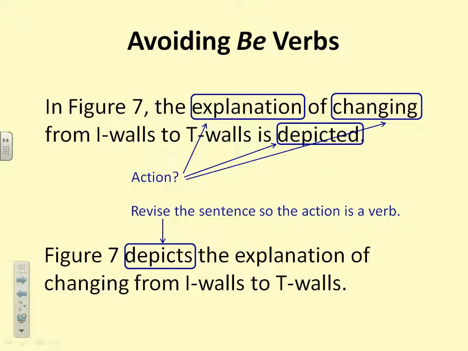Now, one thing you notice too is that the person who wrote this was forced to say it this way because they began like this: In Figure 7, comma, and then they finished off, instead of making Figure 7 the subject. Figure 7 is the doer. You start with the doer of the action, and then you're more likely to get to an action, an active verb itself. The other thing I want to point out is right here,